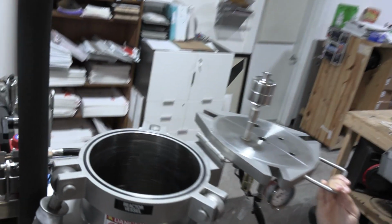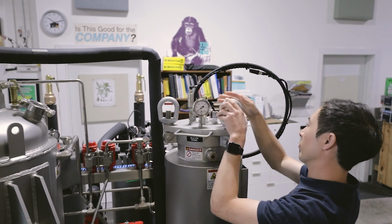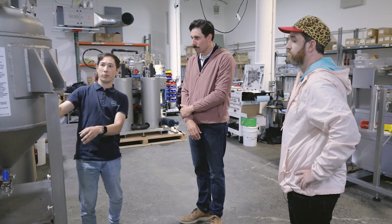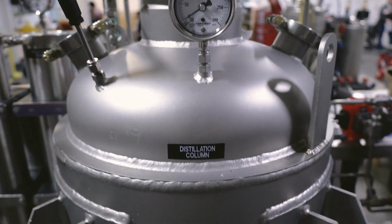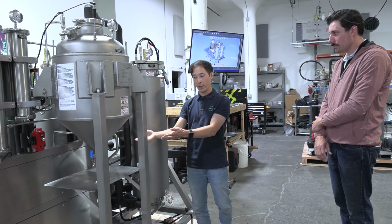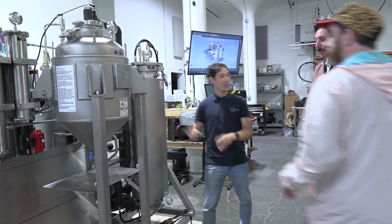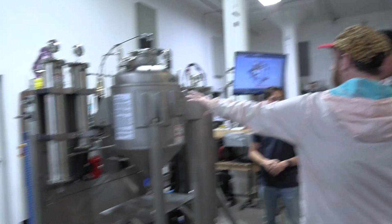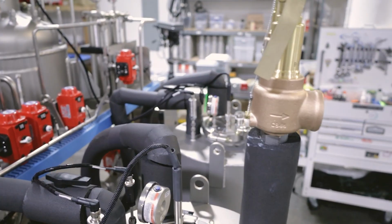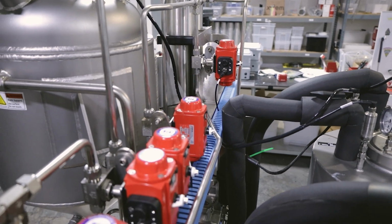So we load biomass in, we do a vacuum safety check like we were mentioning earlier, and then we'll flood it with solvent. And then we'll soak for a recipe-determined amount of time. Then we'll drain the entire mixture through some filtration into our evaporator vessel. And that's where we separate the solvent back out, and then you have a pure oil product that comes out. Oh, that's awesome. Obviously there's more that goes into it, but that's the basic sauce. And then this is a heated vessel which